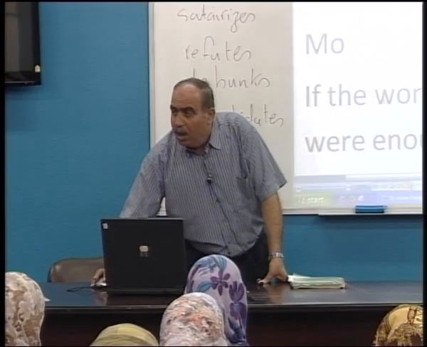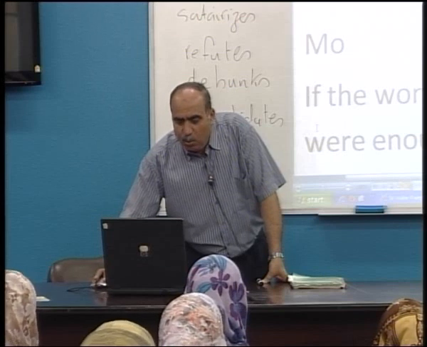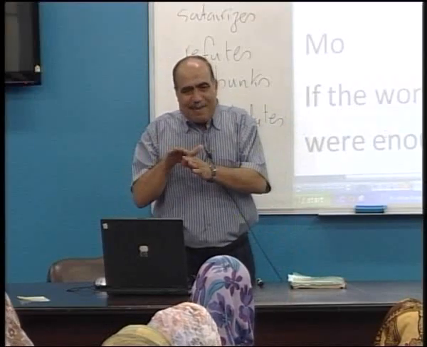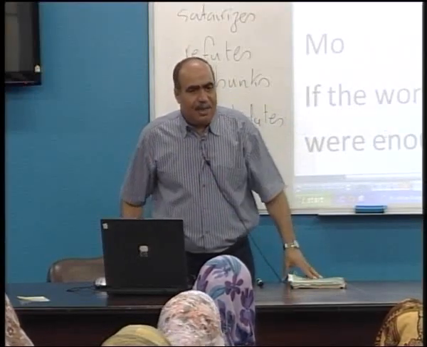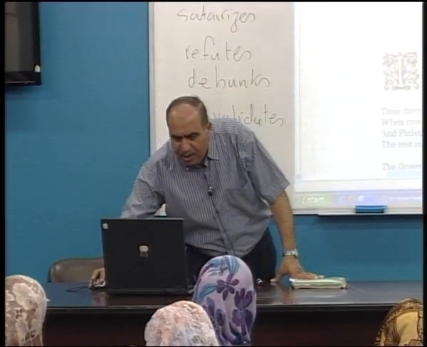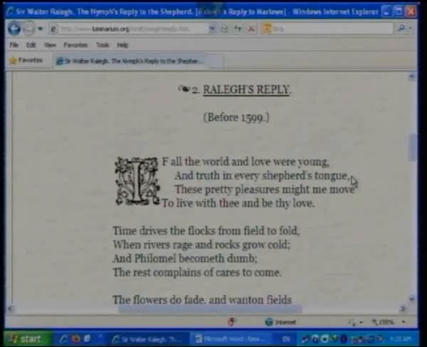If the word, 1, and love, 2, were enough, 3 and 4, because of enough, 4, and each has 2 syllables, so it is the same rhythm. And the same rhyme, A, B, A, B, B. So if you go to the original poem,